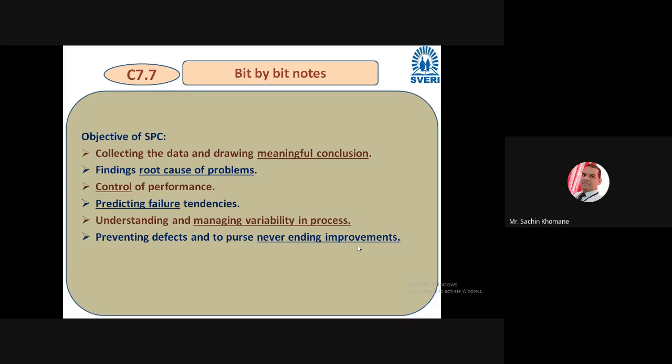Then, controlling of performance. Obviously, of that product, of that vehicle, of any component. How can you control? Once you find the root cause, what will you do? You will take the corrective action. What corrective action? Whatever problem you found, for example, that particular person is applying unnecessary force, or even though it is not required, he is applying more force on that particular bending machine with the help of that job.